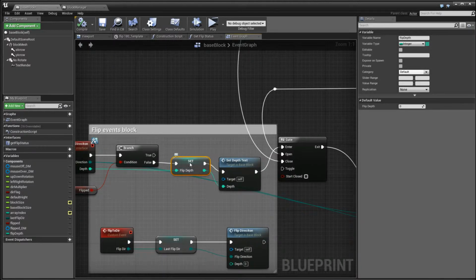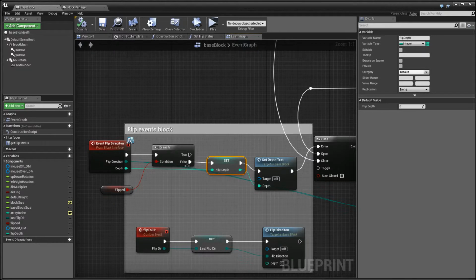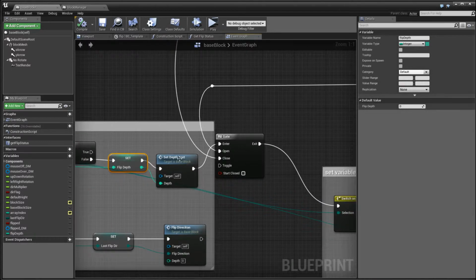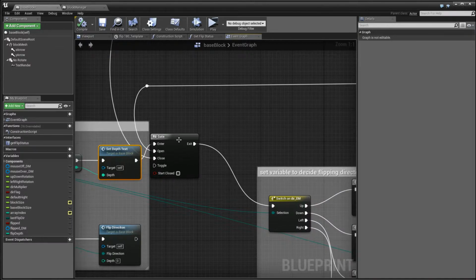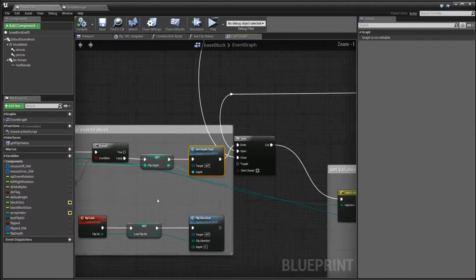After the flip check is done and it's not flipped, so it's in the false execution line, we set the flip depth from the interface change we did early on, set the text to the depths itself, and then enter the gate and decide if we can do an animation.